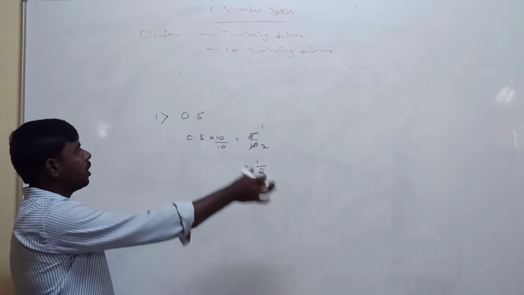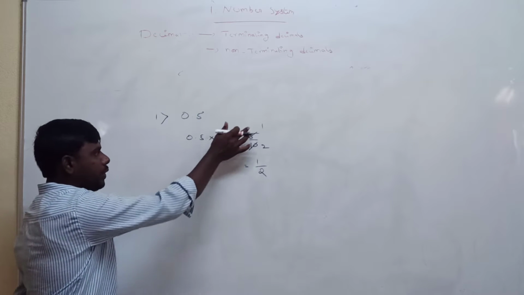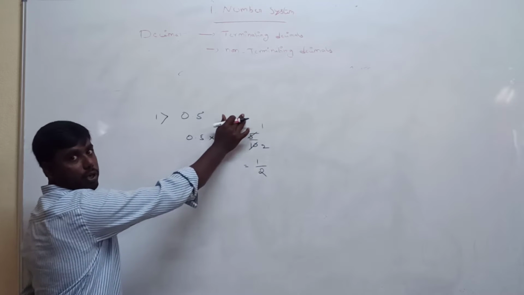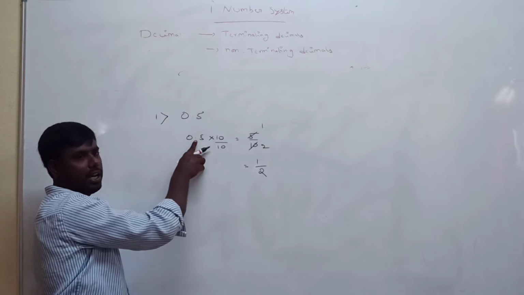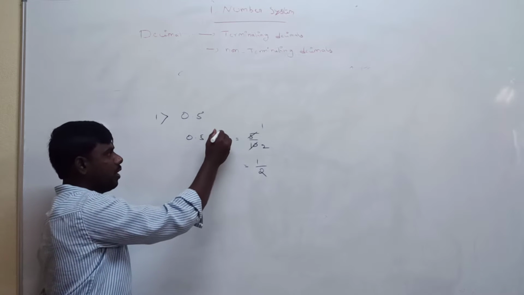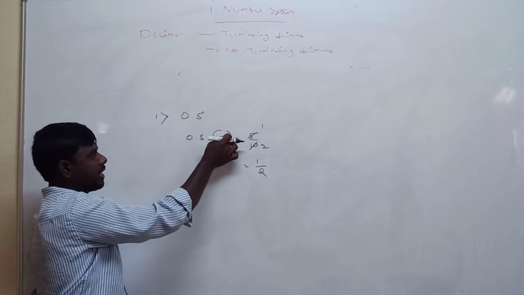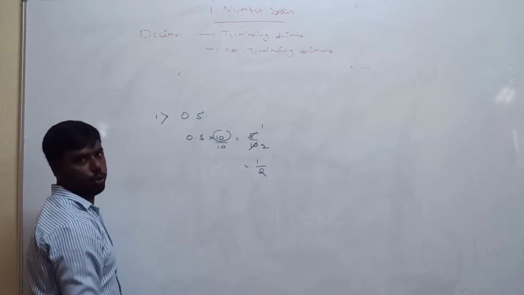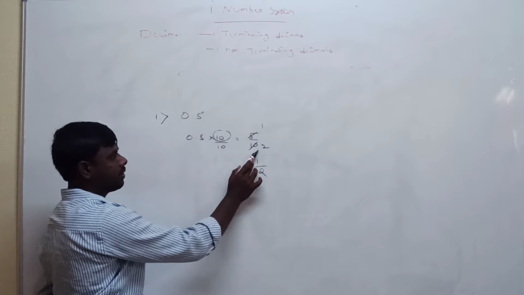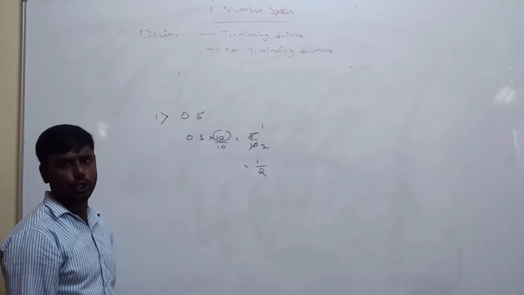So everyone understood? To convert a decimal number to a rational number, take the given value and first multiply with 1. So 0.5 into 1 is 0.5. Now one number after the decimal is there, so one number is represented as one zero. So we get 10. We multiply and divide with 10, the 10s get cancelled, and finally we get the same value. Now 0.5 into 10 is 5, and the denominator is 10, so 5 ones are 5, 5 twos are 10. Finally the value is 1 by 2. 1 by 2 is nothing but 0.5.